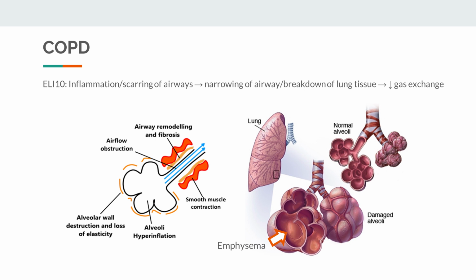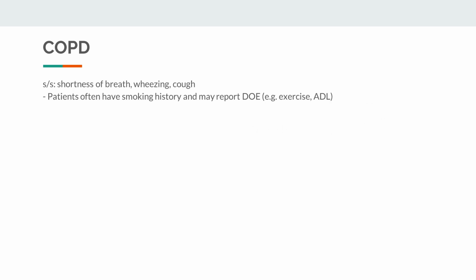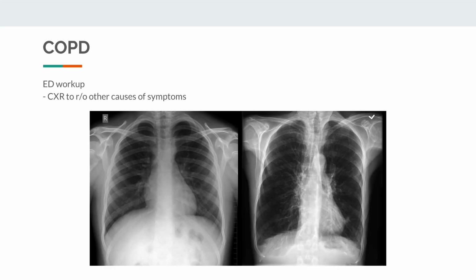What makes COPD different from asthma is that in COPD, the narrowing of the airways is pretty much permanent and irreversible. Similar to asthma, patients with COPD will have complaints of shortness of breath and wheezing. They will often have a long smoking history and may also report increased dyspnea on exertion. A chest X-ray will show hyperinflated lungs where the lungs appear to be darker and with increased vasculature markings. Another thing you see is that the diaphragm is lower and the heart appears narrower.